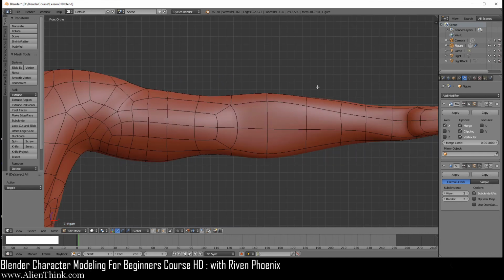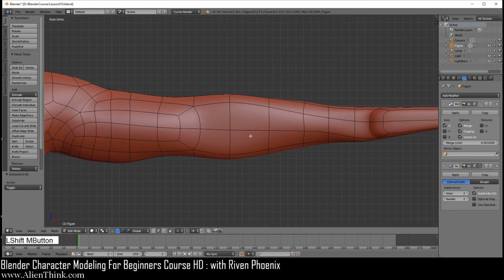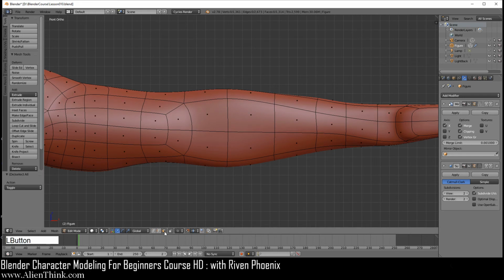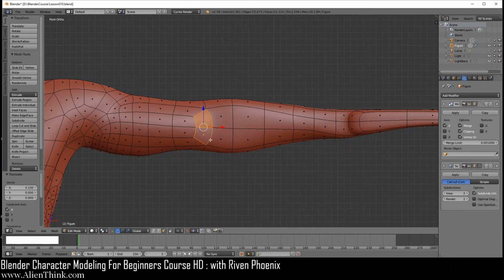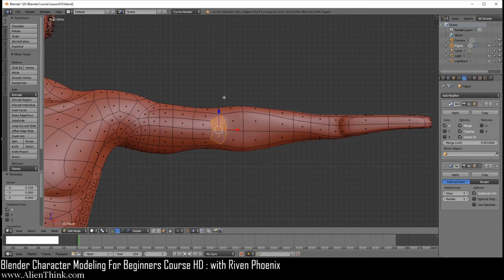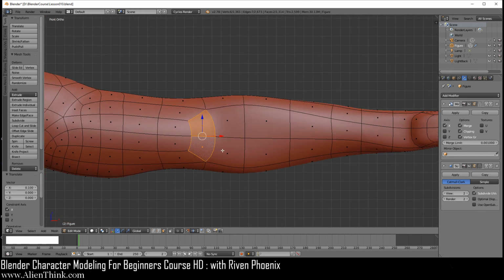Okay, so let's go back and go into edit mode, A to select, A to deselect. Now we're going to start to define this area of the forearms over here. So go ahead and select on the face select mode, click on this face, shift key down this one, and take it to the right one time. The reason we did this is it's because you see where this grid line is? The tip of the bicep needs to be here. If the tip is to the left of this line, then the bicep will look too small. This is why we did it.